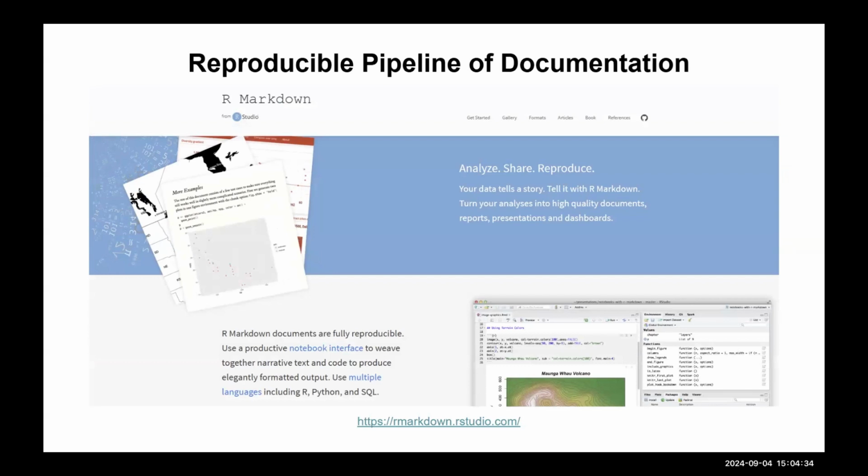Another thing you can do, of course, is build reproducible documentation. So this is, again, using R markdown. This is a group where they're building documentation for statistical analysis, as one does with R. And it allows you to integrate things like Python and SQL into the document. But basically, what you want to do is create this documentation that people can access, people can change without too much technical overhead.